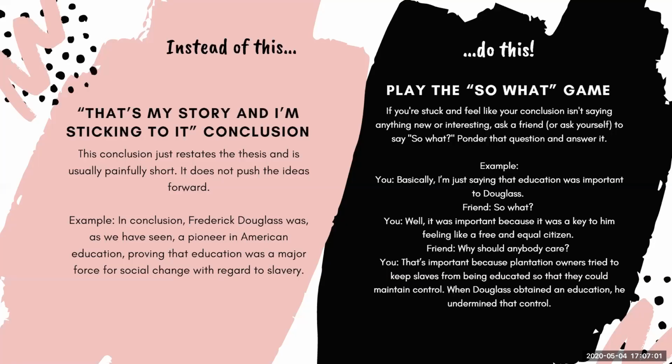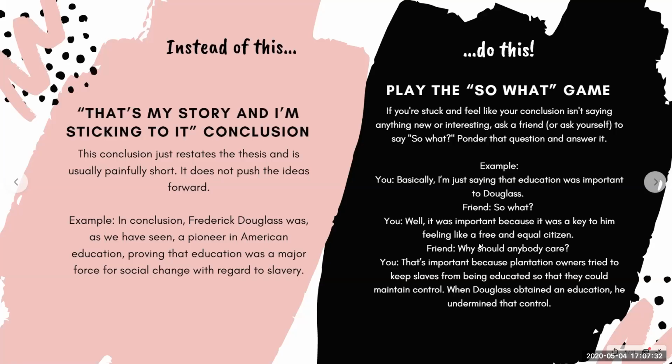So you can see just by looking at the two extra questions, or the two so whats, a much more robust conclusion is created. So if this writer just incorporated something like proving that education was a major force for social change with regard to slavery, they could add, this is important because it was a key to feeling,